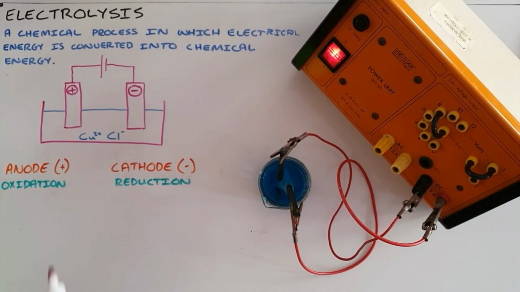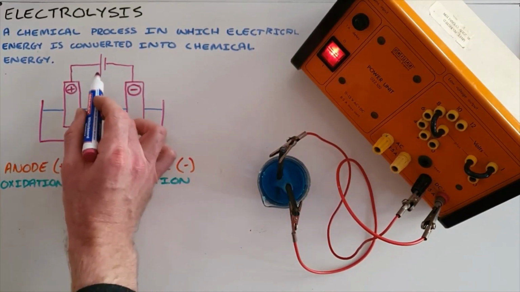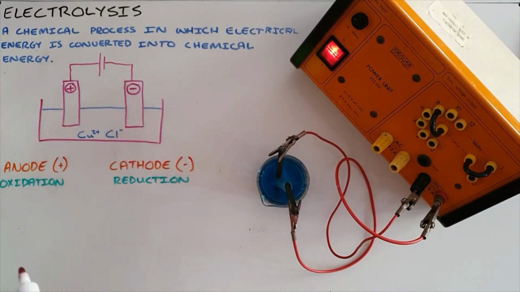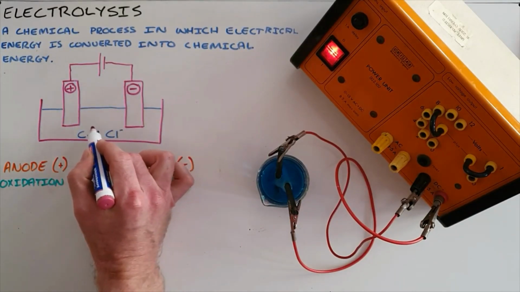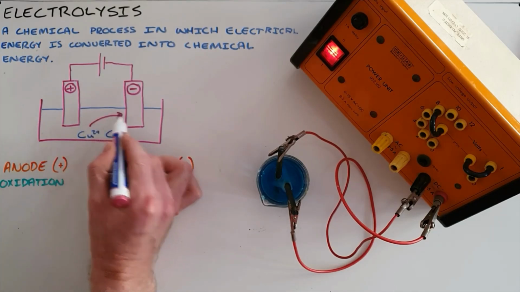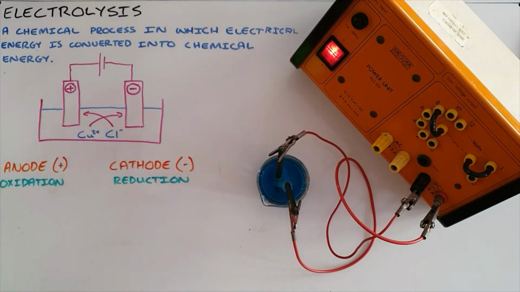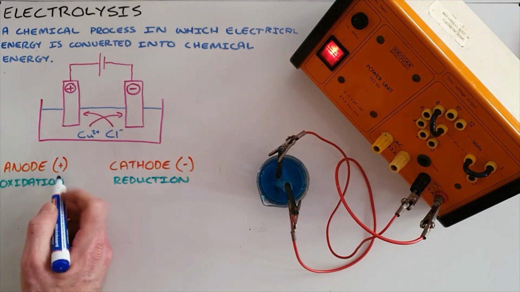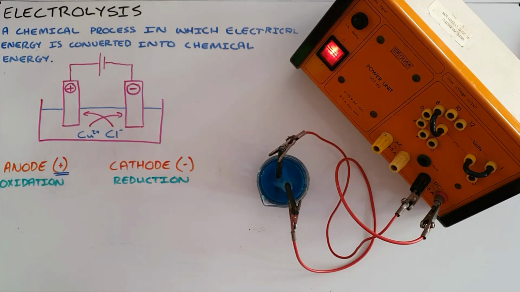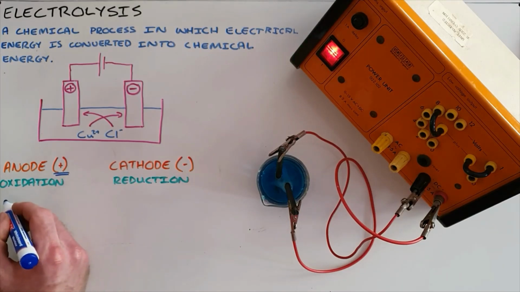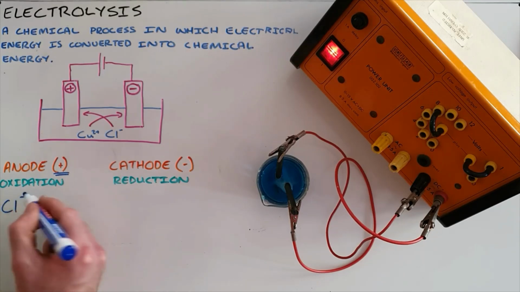So what we can see is that by connecting a power source to these two electrodes, we create a positive terminal and a negative terminal, where the positive copper ions are attracted towards the negative terminal and the negative chloride ions are attracted towards the positive terminal. And what we then find is that at the anode, which is now the positive electrode, unlike a galvanic cell, we have the oxidation half reaction, where chloride ions undergo oxidation,